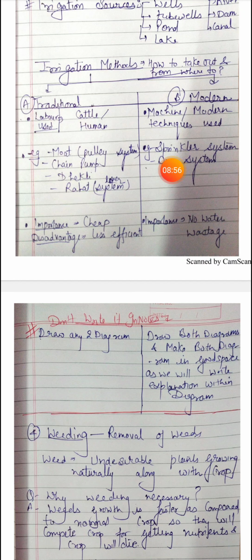Now the modern ones, you can see the sprinkler system and the drip system. Drip system means what? You will see the